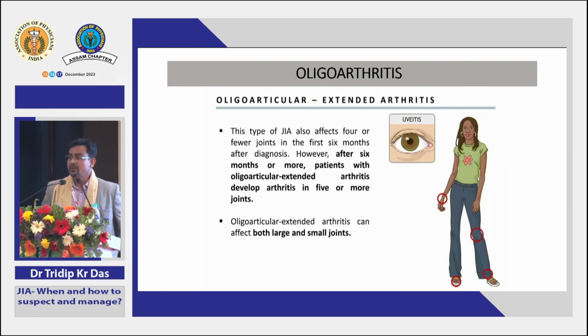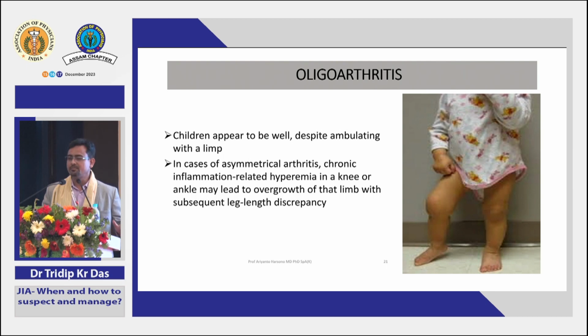So extended, we all know that once the patient is not going into treatment, there may be larger bone involvement, both the small and the large joints get involved, and more than 4 joints are involved. This sort of arthritis will, in the future, behave like rheumatoid arthritis. Children may be very well despite having a limb affected. In case of asymmetrical arthritis, chronic inflammation is there, so there can be some overgrowth of the particular limb and subsequent leg length